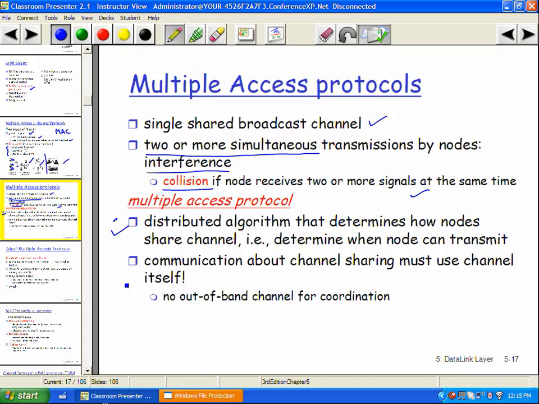One of the things we assume is that communication about channel sharing must use the channel itself, with no out-of-band channel for coordination. So if a bunch of people are talking, then you could have a designated person, in theory, say, well, now it's your turn, now it's your turn, now it's your turn, and so on. But that is not realistic in the real